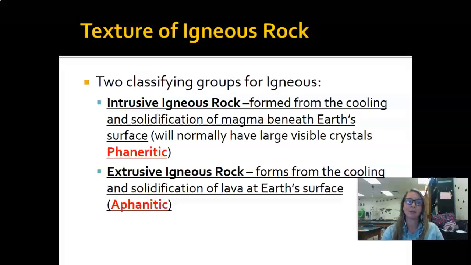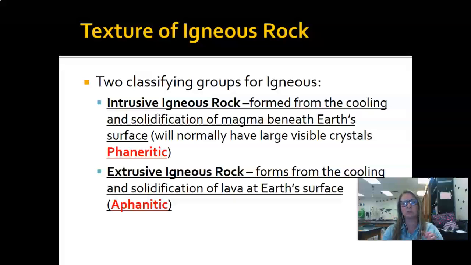The other type of igneous rock is an extrusive igneous rock, which just means that the lava, or the magma, has been extruded. The earth has let it out or spit it out, if you want to think about it that way, and then it cools and solidifies as well. Normally it does this pretty quickly. Because it's super hot magma and then it cools, you get aphanitic, which is just smaller crystal structures.